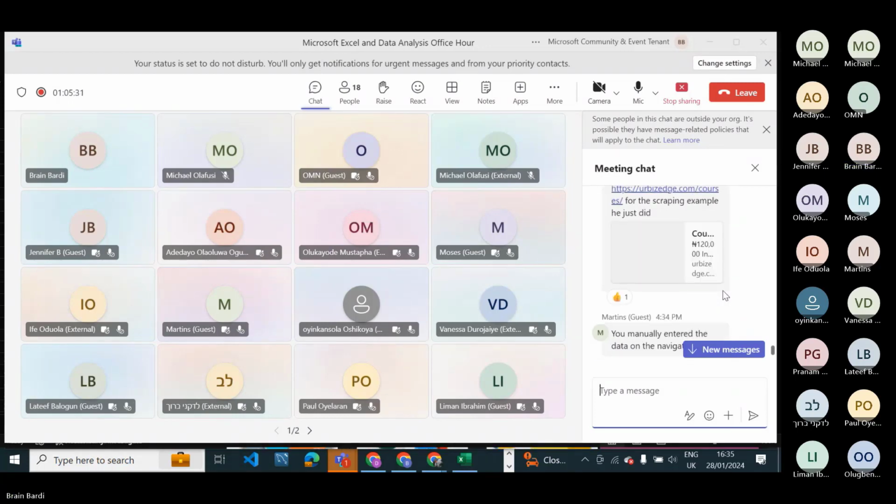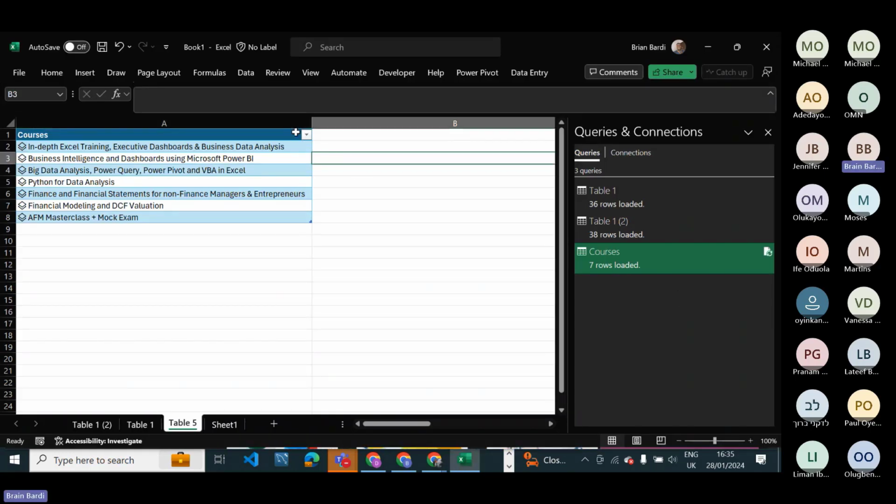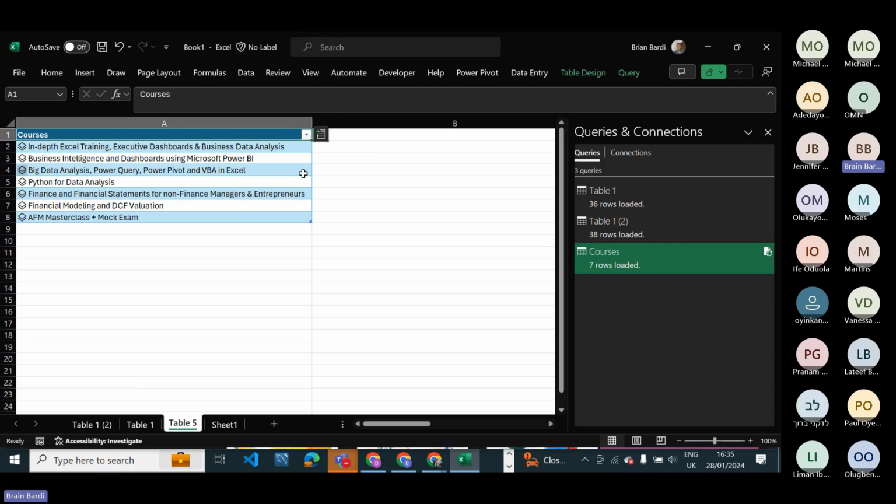Okay, let me just continue. So now we've converted this to a data type and imported it back to our Excel. We didn't merge the columns together, we just put them under this particular title. So we're going to bring them out now.